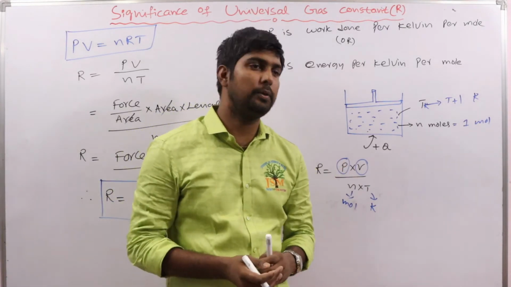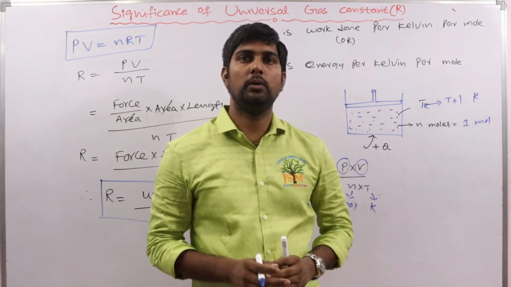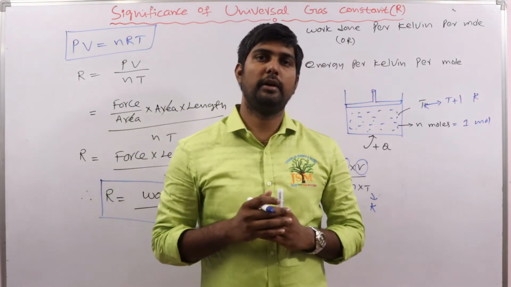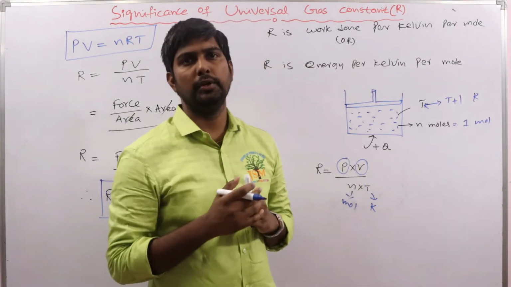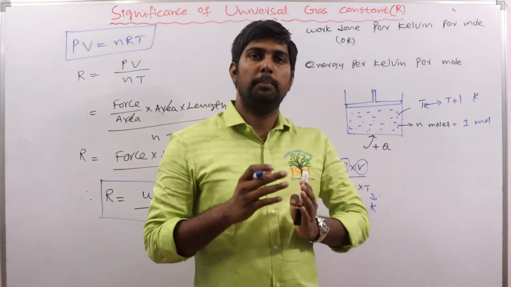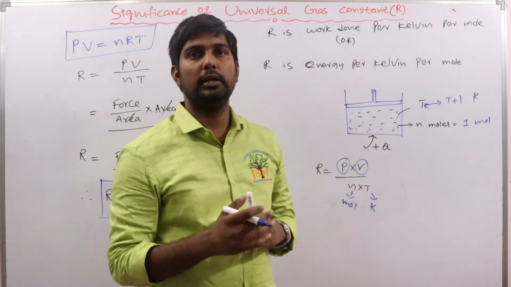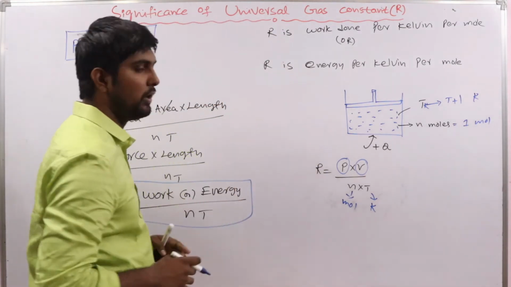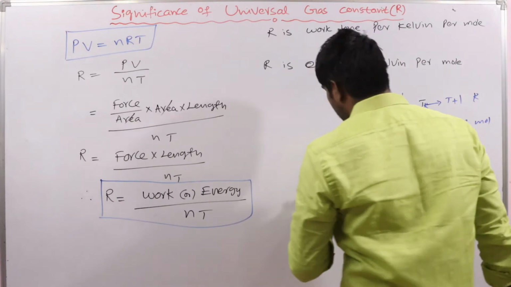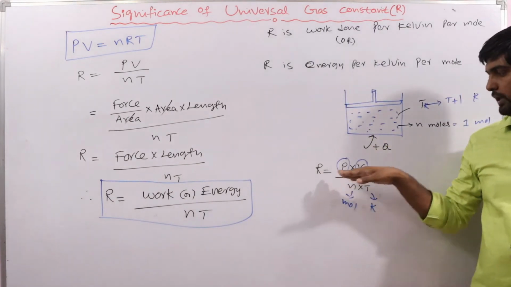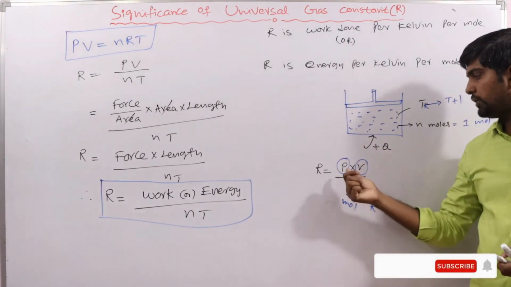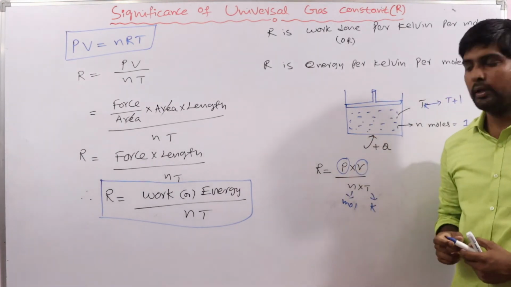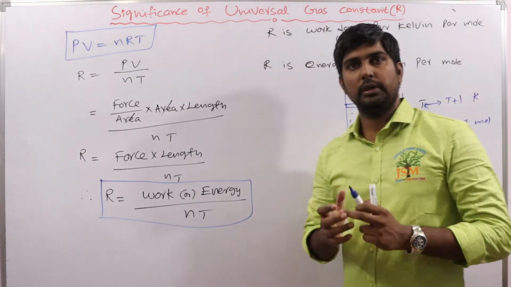We have so many different units for pressure and volume. In one lecture I already explained the parameters of gas and the different units we use for pressure and volume; you can watch that previous video if you have any doubts. Overall, the value of the universal gas constant depends on the units of pressure and volume in which we are expressing it.